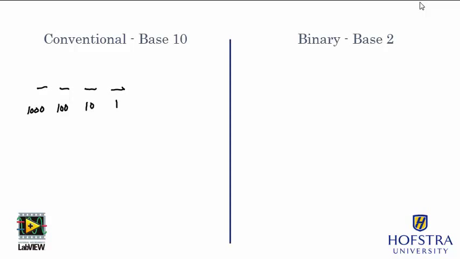And in any one of these columns I can place 0 through 9. So if I have a number like 0, 4, 6, and 3, we know that that number is